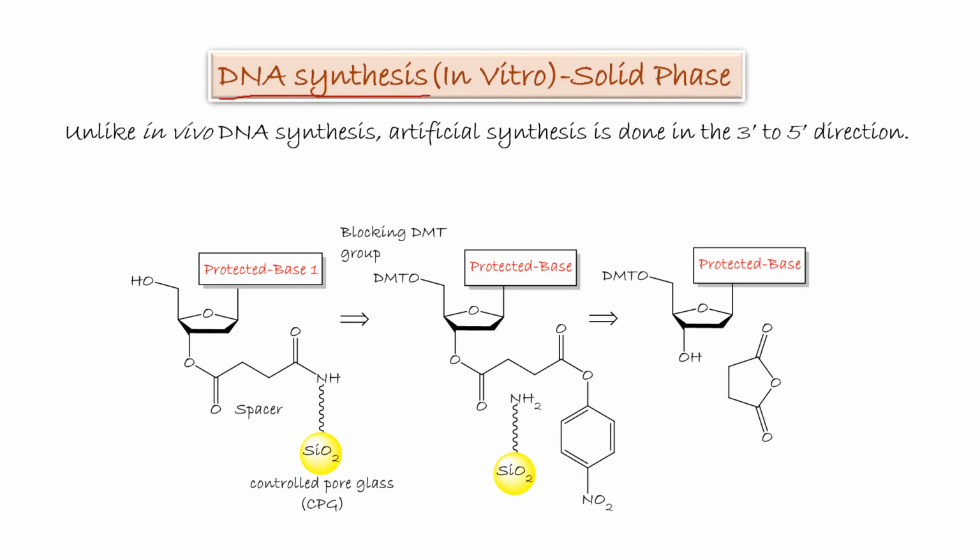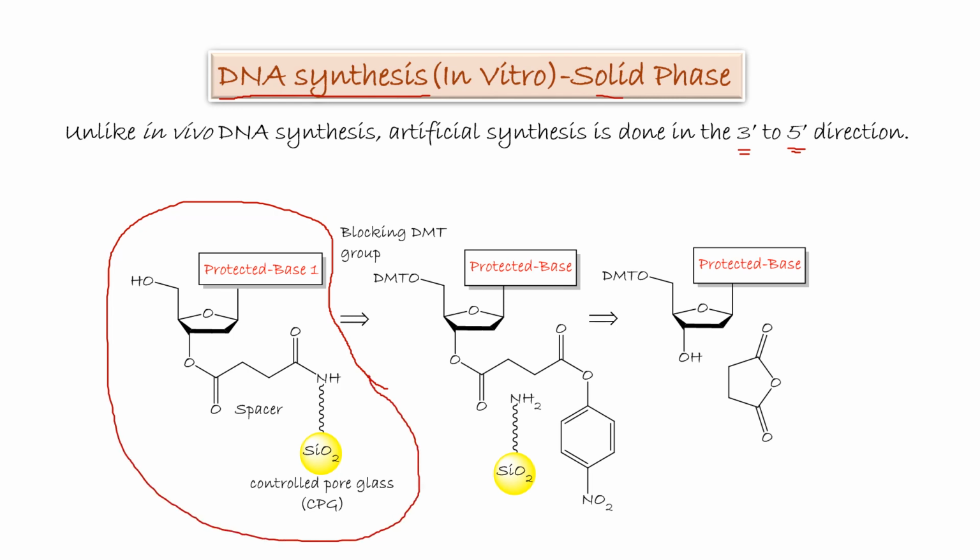DNA synthesis in vitro, solid phase. Unlike in vivo DNA synthesis, artificial synthesis is done in the 3' to 5' direction. To synthesize a dinucleotide, we need two nucleosides. One of them will be hooked to the solid support, with a free OH at C5'. To get this molecule, we need a protected